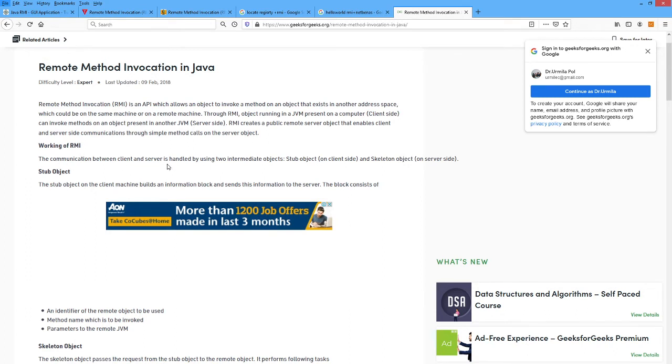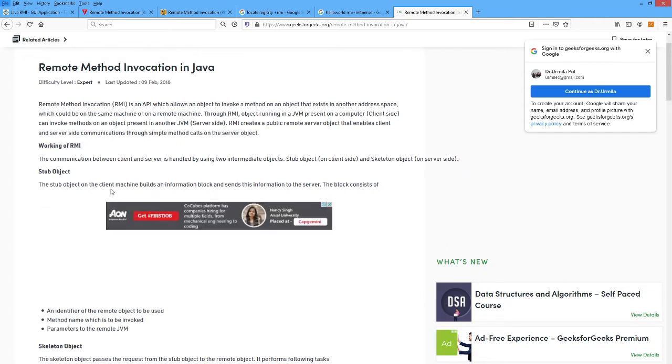The communication between client and server is handled by using two intermediate objects: a stub object that is created on the client side and a skeleton object that is created on the server side.